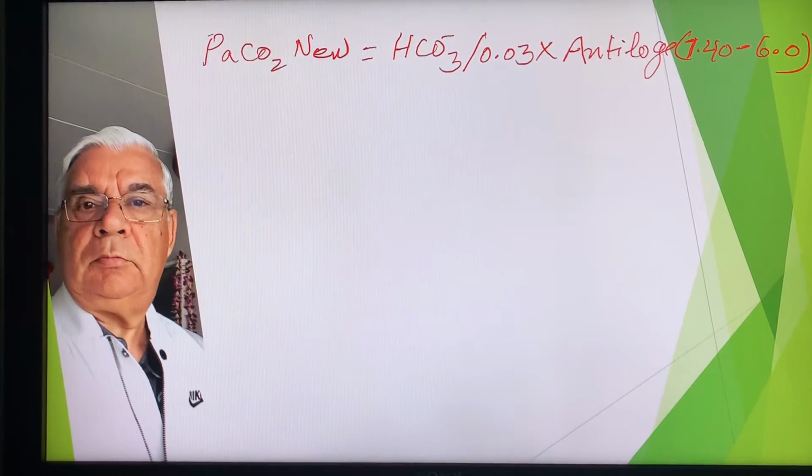We will talk sometime when we will be studying the blood gases. So this formula will give us the new PaCO2, the required PaCO2 to correct the respiratory rate and to correct